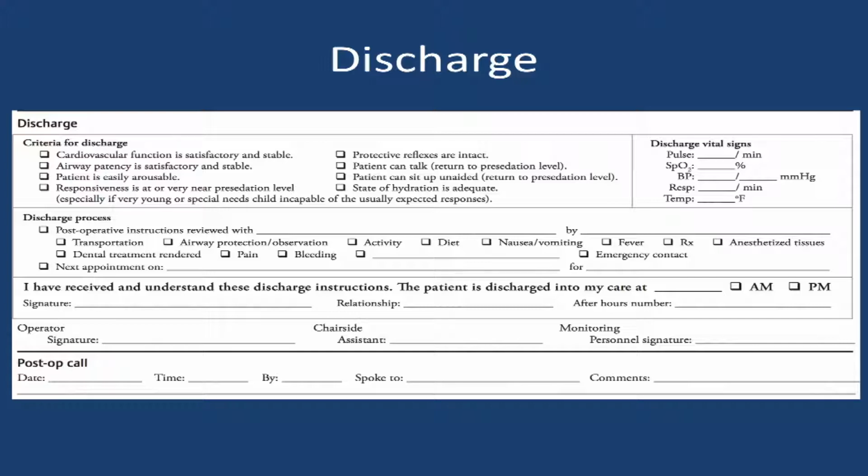The chairside assistant's position for writing their initials or name, and monitoring personnel need to provide a signature or initials at that location. It's really best to have the name of the person who's assisting you there, so if some question comes as to who was there and recalling the events, the person who was there can be contacted. It'll be important to make sure that each one has a legible signature to be available for